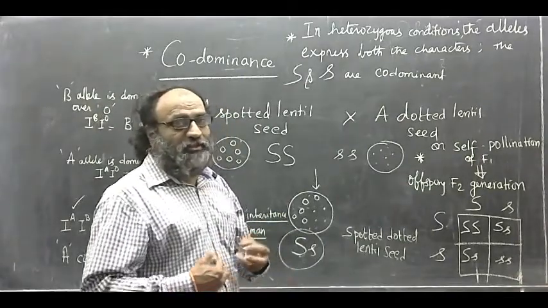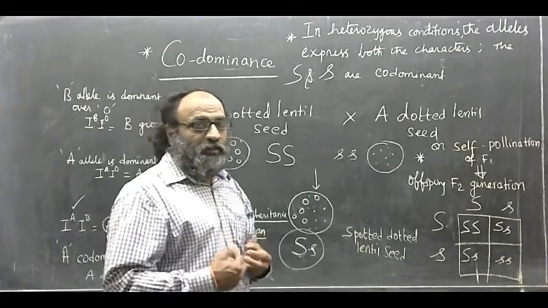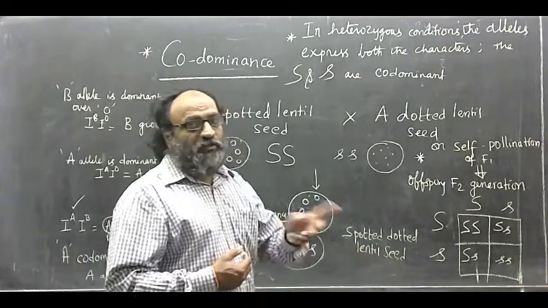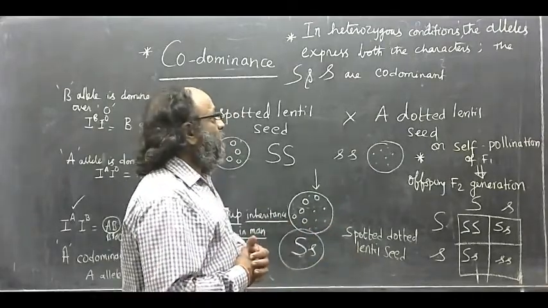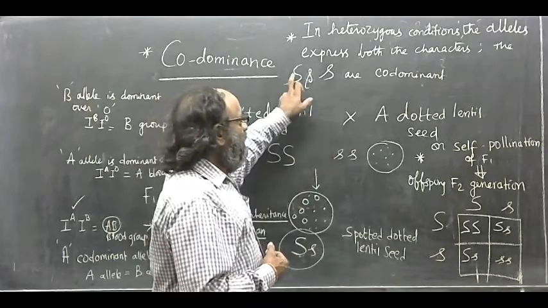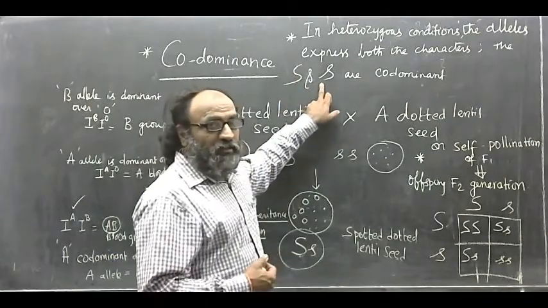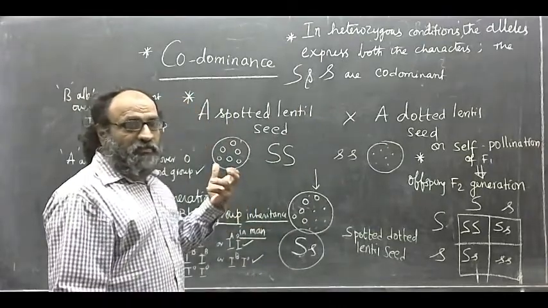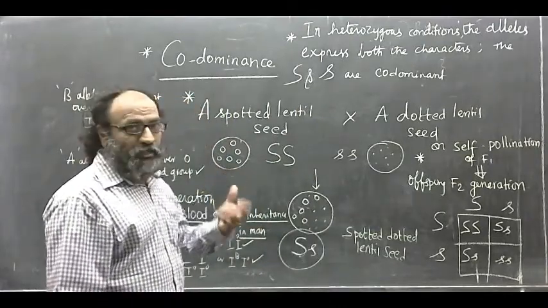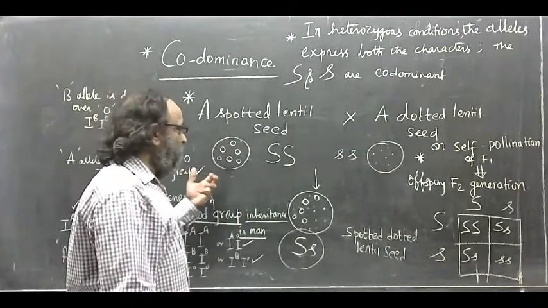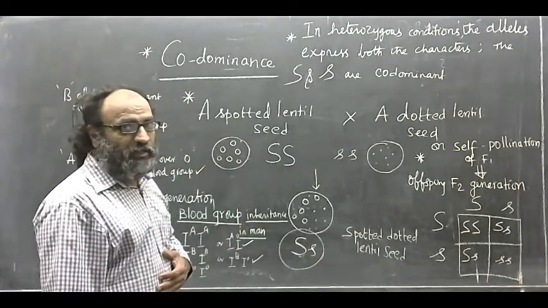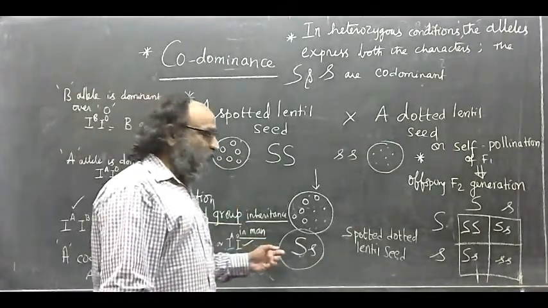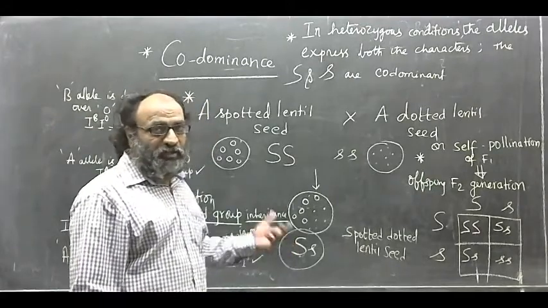That means the strength of one allele is the same as that of the other allele. So, the capital S and small s in the lentil seed case are said to be codominant, and hence